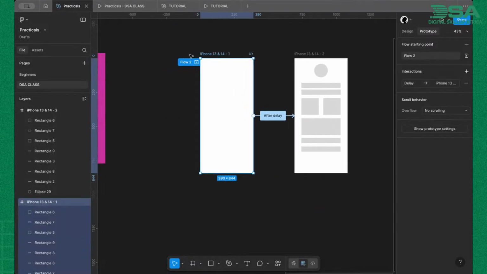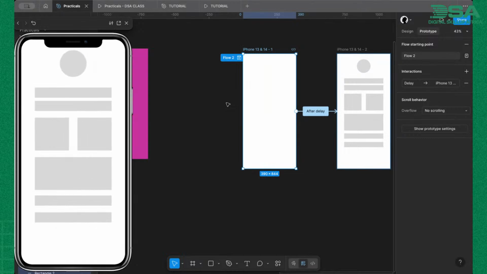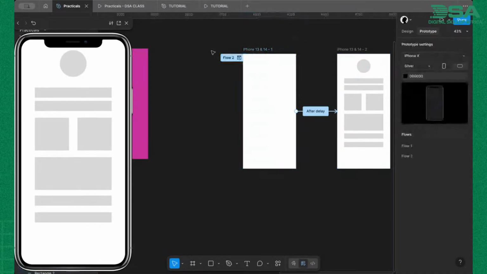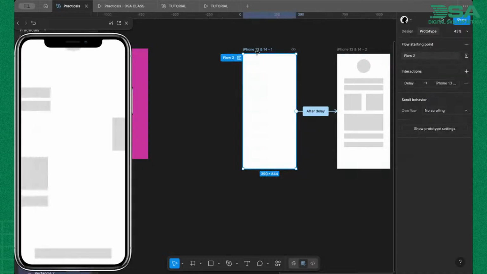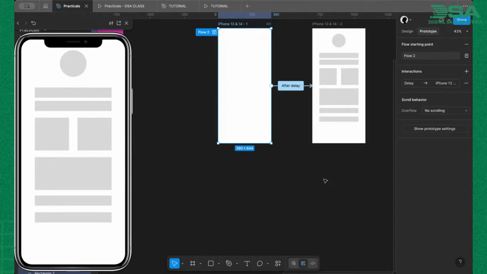Yeah, so if I play this out, you see how that animation just happened. Let's try it again. Okay, let's try it again, and then you see how it came in. So that's how to do a little bit of micro interactions. Even if you have to scroll, as you scroll, you can just see those interactions coming into your design. I hope that